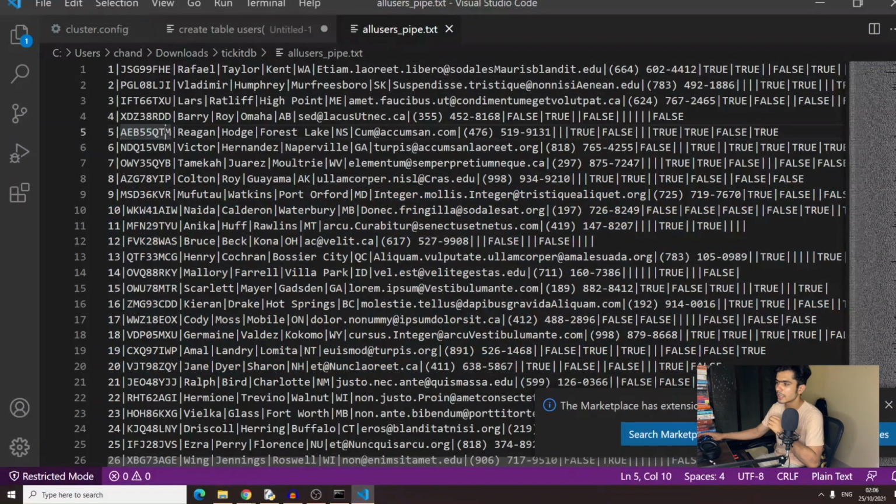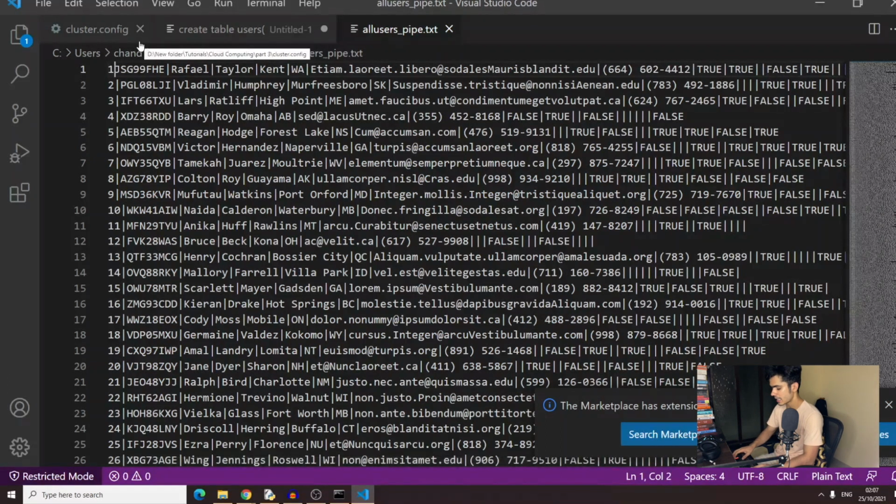The delimiter can be different depending on the data. In this file format we have the pipe as the delimiter. It can be a tab, a comma, a dollar sign, literally anything. But those characters should not appear in the data. For example, if the delimiter is the dollar sign and there is an amount value such as 442 dollars, it will consider that as a delimiter too. So you need to select a delimiter that is quite unique.